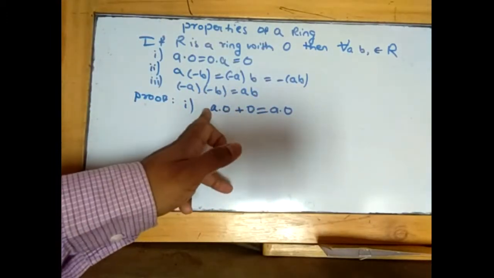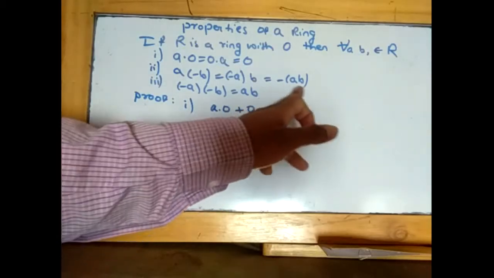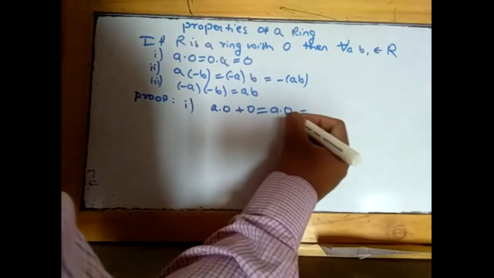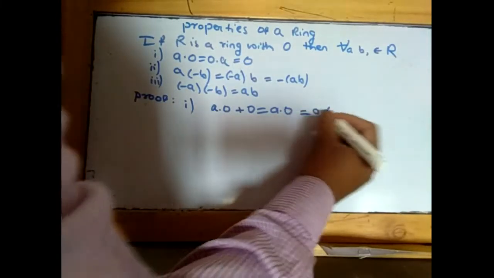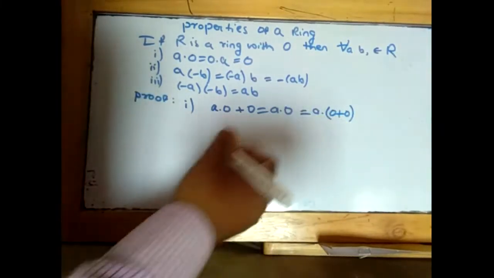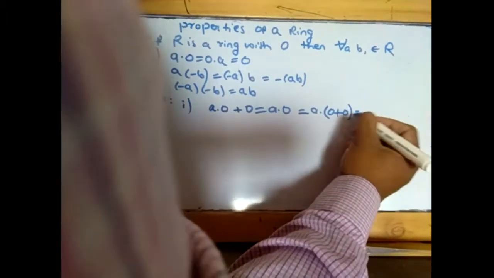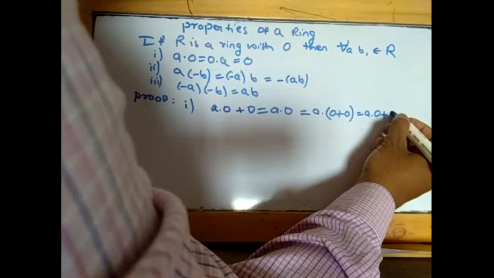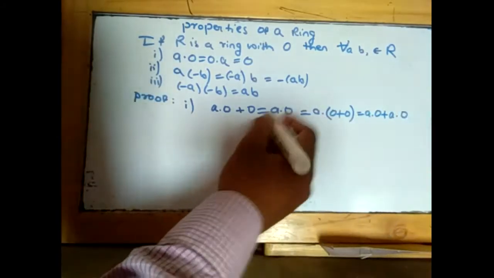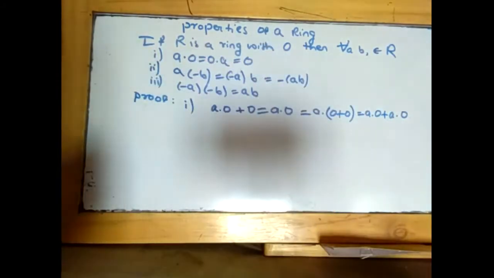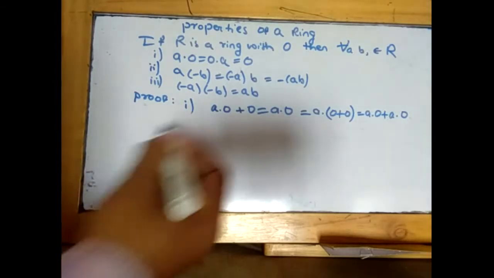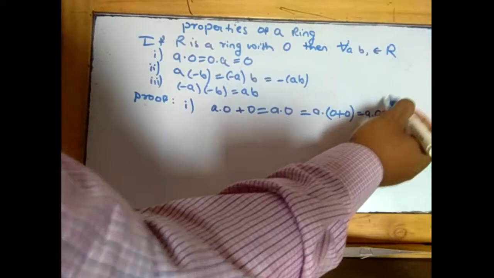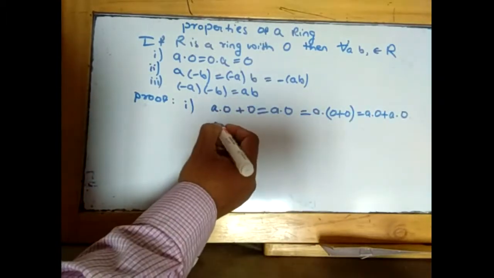Consider this whole as a plus 0 is equal to a. Now this is equal to a into, again 0 can be written as 0 plus 0. Again by the distributive property, a into 0 plus a into 0 plus a into 0. So now here consider this one and this one. Here one a into 0 and one a into 0 get cancelled, which implies